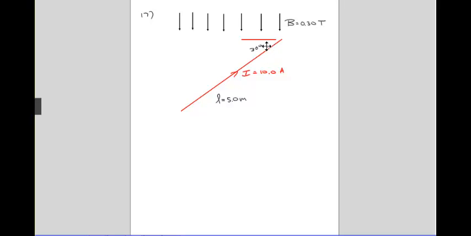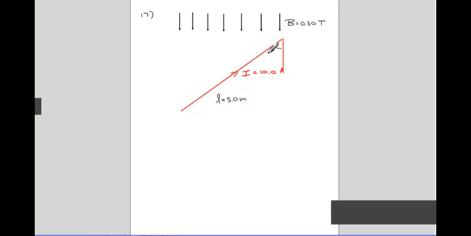That makes me think I may have drawn it wrong. Actually, that's the wrong direction, so this has to be rotated around. The reason I say that is because if it was 90 degrees, then this would be perpendicular to that. So that's why that's incorrect. Since this is going to be 30 degrees,